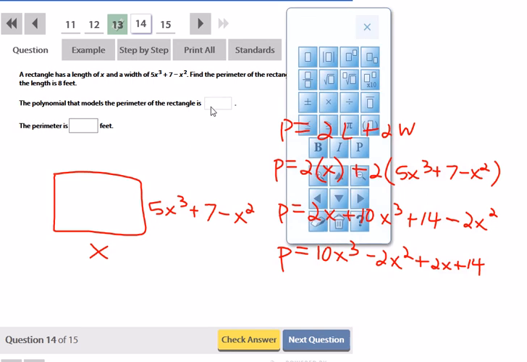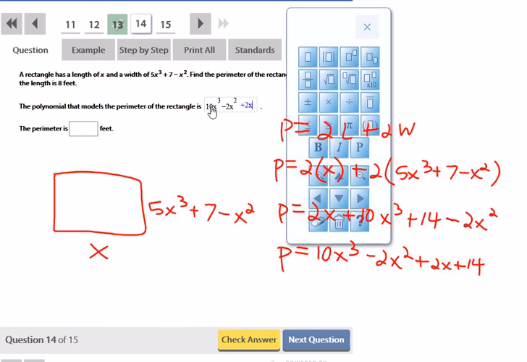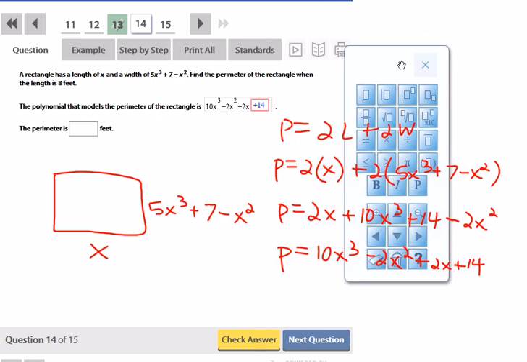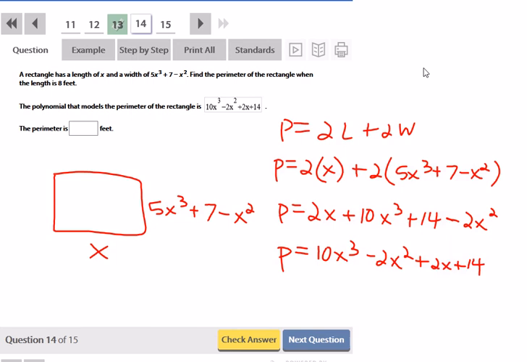So 10x to the power 3 minus 2x to the power 2 plus 2x plus 14. And then they want the perimeter when the length is 8. Well, the length they said was x. So if I were to put in an 8 for x, they would want me to evaluate this polynomial at 8,